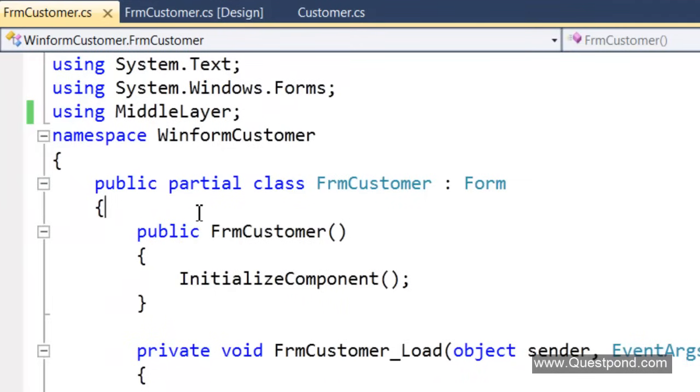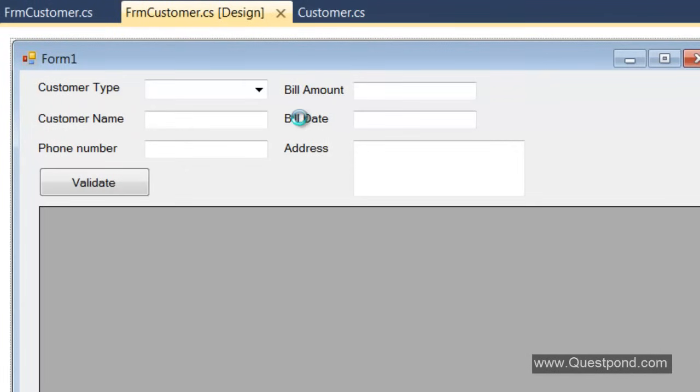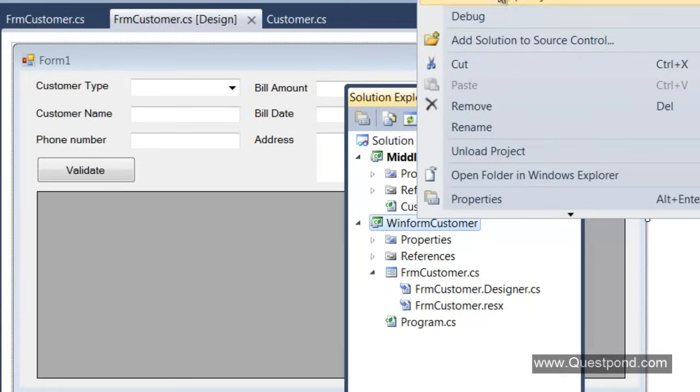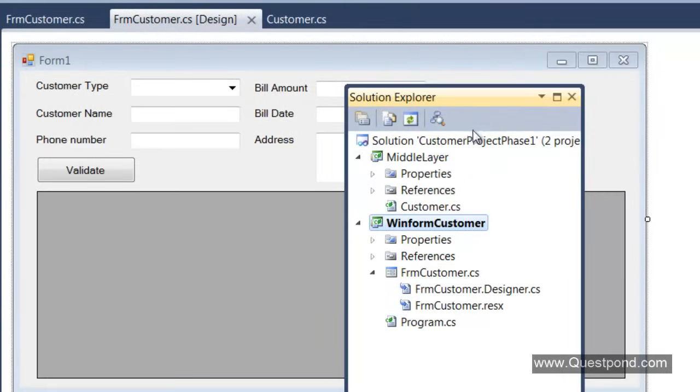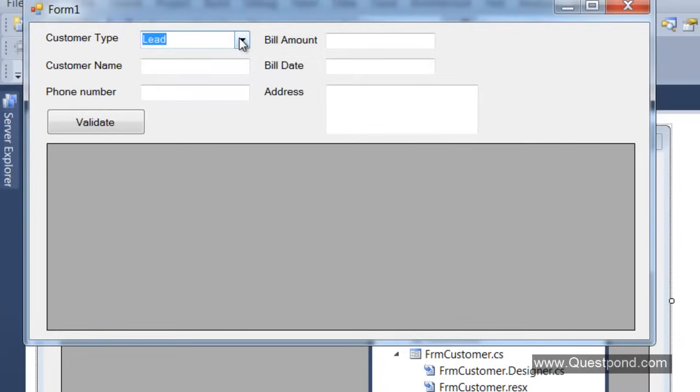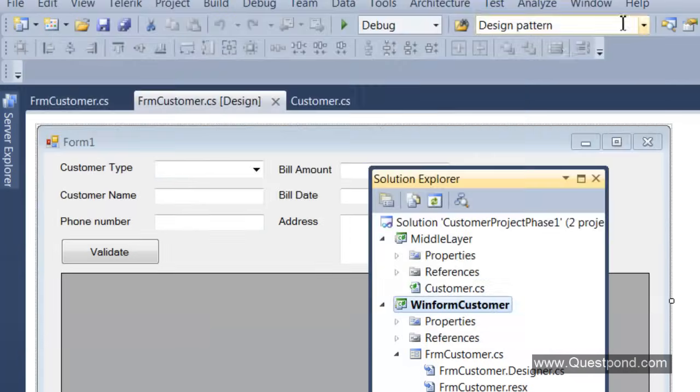So now remember that we have two types of customers. One is a lead and one is a simple customer, right? So what I've done is in this UI I have created a very simple combo box. So you can see that I have a simple drop down, I'll say rather, and this drop down helps me to select what kind of customer I want to use. So if I select lead and if I do validate, then accordingly the lead validations will fire, and if I go and select customer, then customer validations will fire, right?